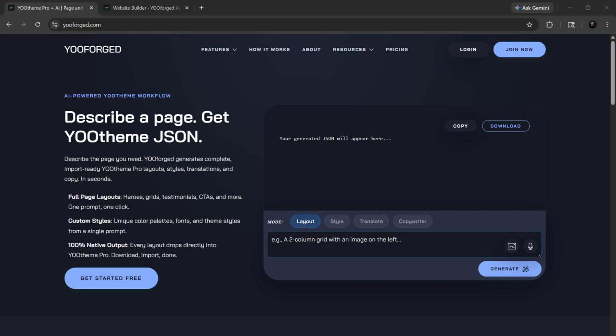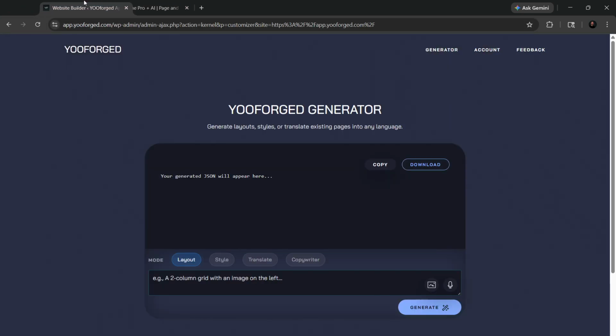YOOforged here. We're going to go over how to build pages, create styles, translate, and copyright using YOOforged for YOOtheme Pro. So first thing I'm going to do is go over to